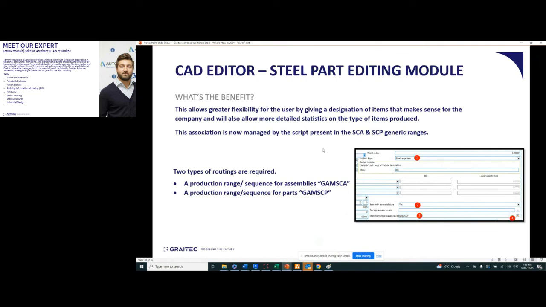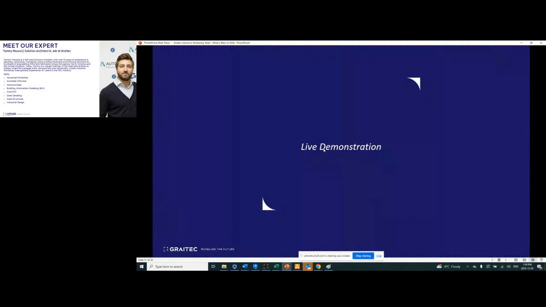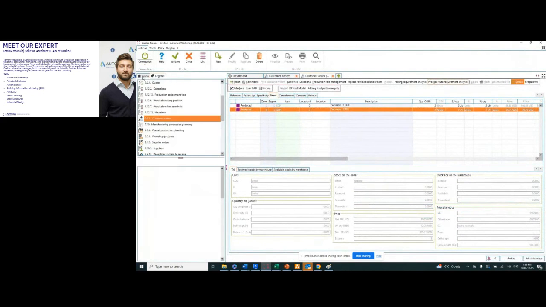So for this portion, it's less of a demonstration and just more of a visual aid that I'll be providing to give a greater explanation. So once I created these part components in the software, here we see the item range was SCP. What this means is a steel connection part. Okay, so it's just a part component, but this part component contains multiple operations. It contains a root item code